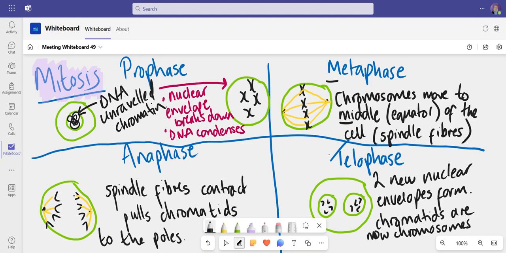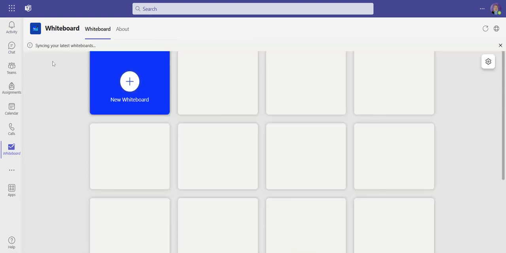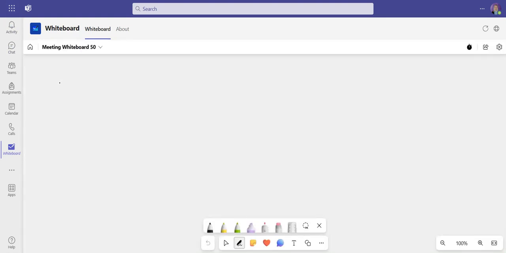Right. So the whole point of mitosis is that it's nuclear division. The nucleus divides, and you can see at the start of the process we had one nucleus, and then by the end of the process we got two nuclei. So our final stage is cytokinesis. So in cytokinesis,